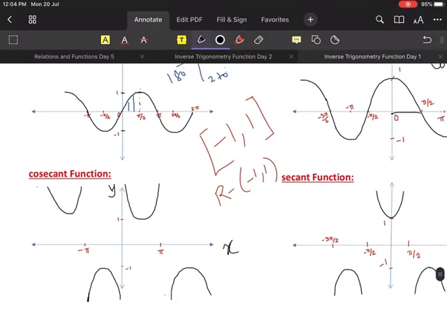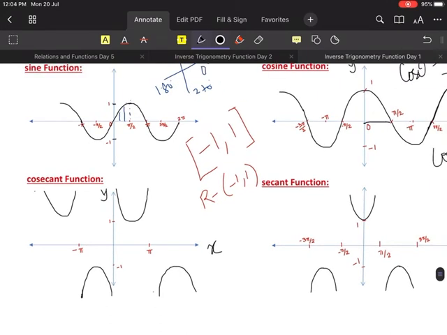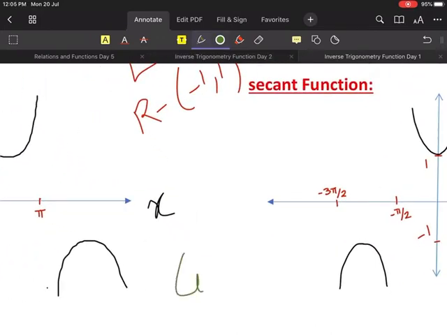Yes, now look at here, look carefully. In order to draw this graph, you look at the sine function properly, then you will get the idea of this one. First thing, can anybody tell me sine 0 is how much? We already know very well, sine 0 is 0. Now, who can tell me cosec 0 is how much?